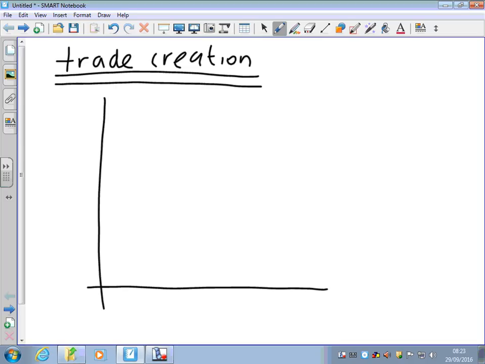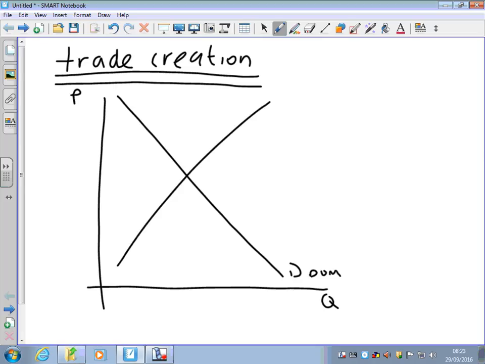So what you should remember is this. DOM stands for domestic, so the demand for domestic goods and the demand within the domestic economy for goods and services. And supply domestic is the supply of domestic goods and services. So what you should remember is that without international trade, we will be at the equilibrium point where demand meets supply,